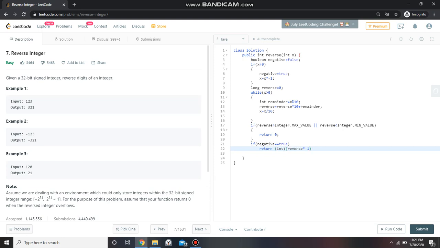This is because our number was negative, so the reverse also is expected to be negative. Therefore, we multiplied it by -1 again because we had made it positive over here, like this. Else, simply return reverse. Since it is long, we have to again pass it to int.